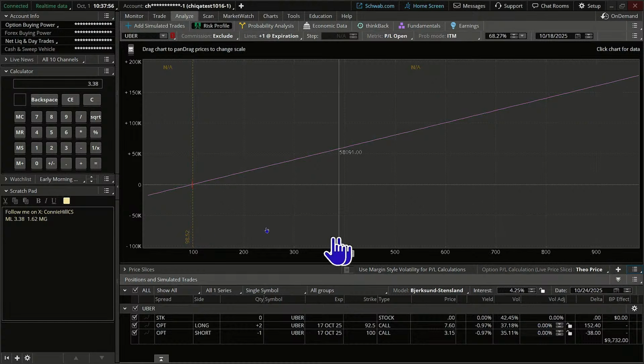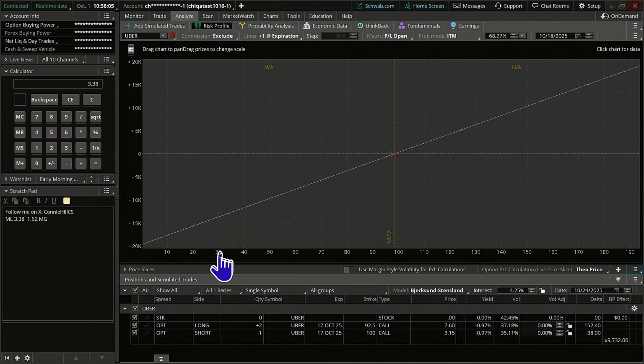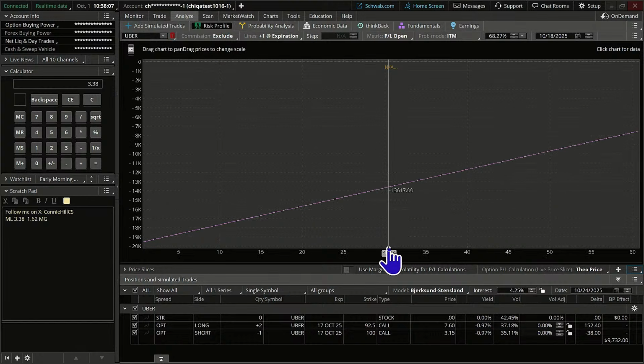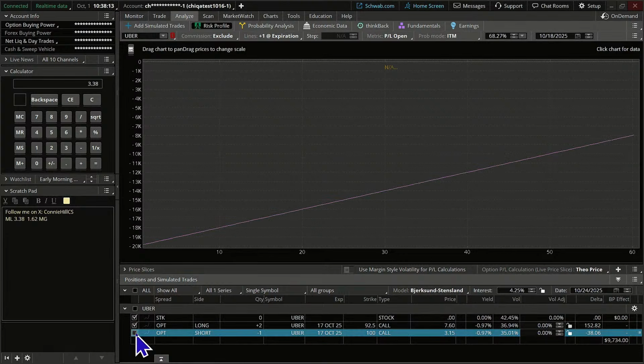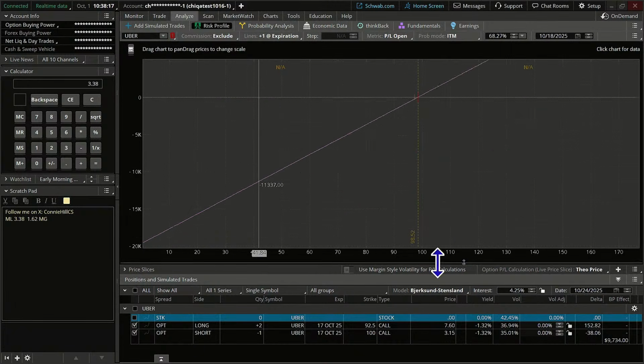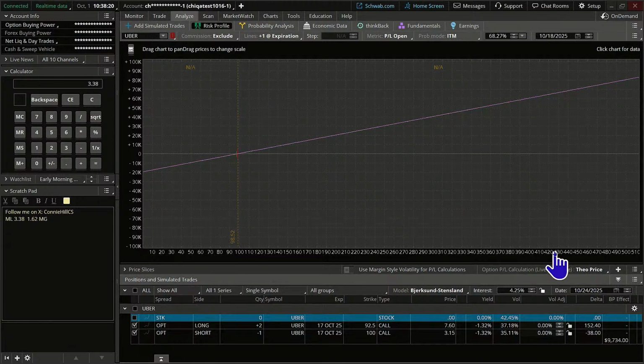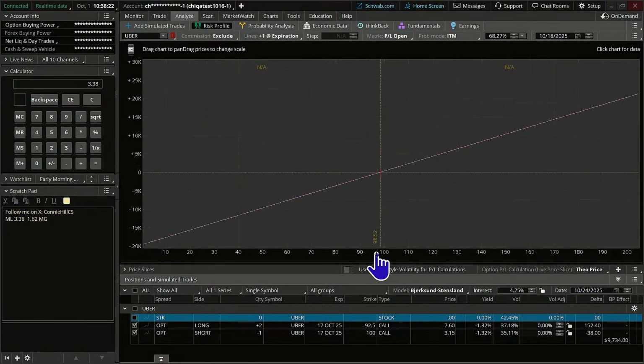The problem is my scale is off. You can see down here I've got it going from 100 to 900, and that is not even close to what's going on here. One leg, that's if we only wanted to see the other leg. Let me see here. I am not sure why it's not graphing this. I apologize. Let's try a different trade.